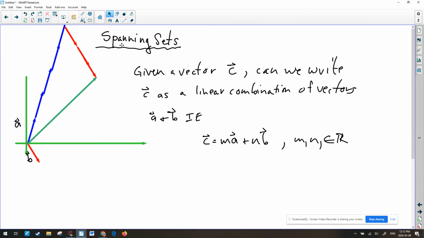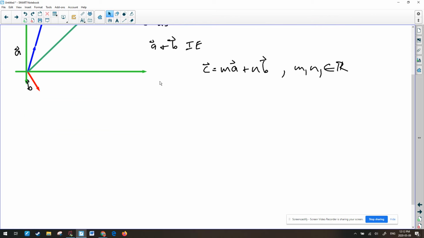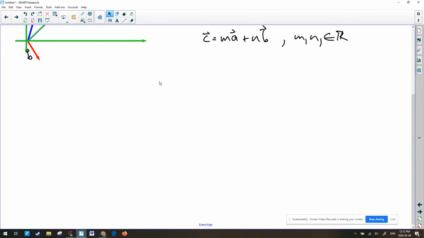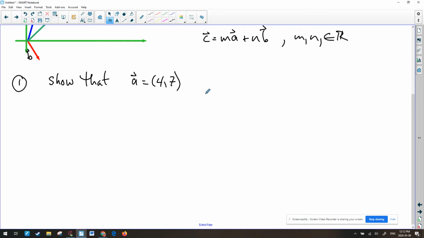So what we're going to do is we're going to look at that. That's the concept behind it. And we're going to look at some algebraic realities of it now. So here's an example of what we would do algebraically for this. So let's look at this one. So show that the vector A, which is going to be equal to 4, 7, can be written